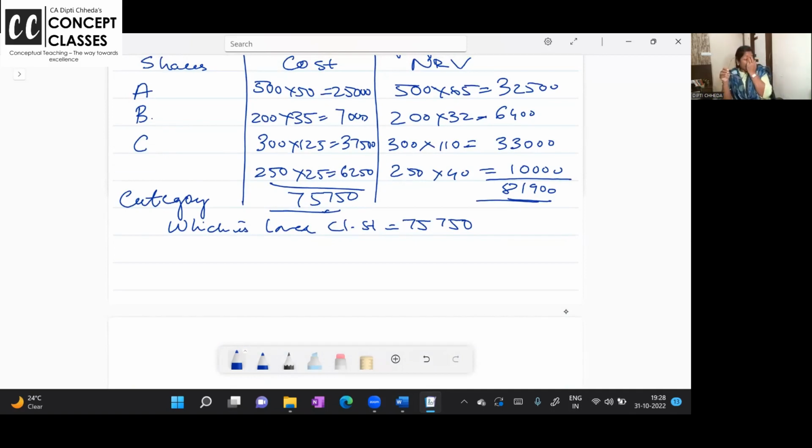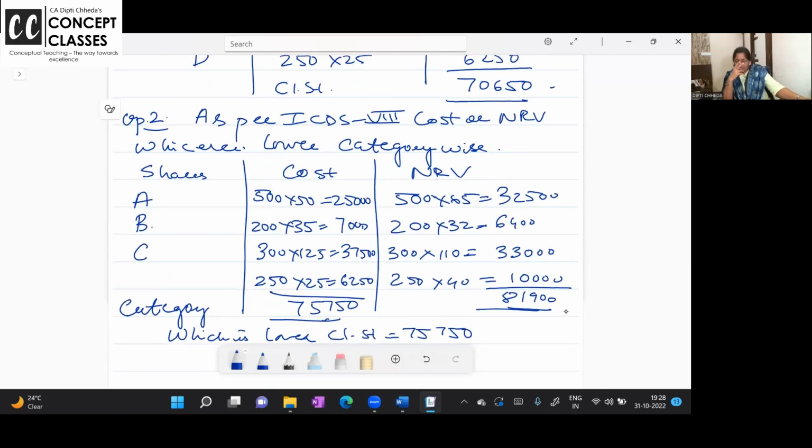Ma'am, why didn't we work it out like this in the last problem? Because in the last problem the number of shares was missing, so we assumed it's just one share and then did all the calculation. Take your time. Calculation mein ghusna nahi hai. You are allowed to use a calculator. I want everyone to message me in the chat. Is it clear or not? This kind of problem, will you be able to score marks? Yes, ma'am. Clear.